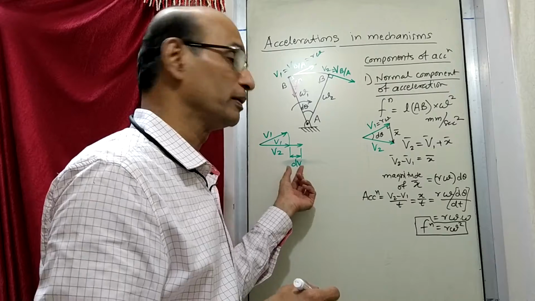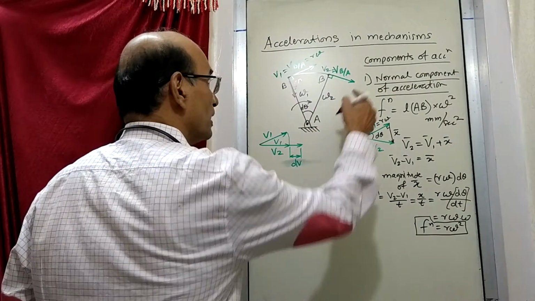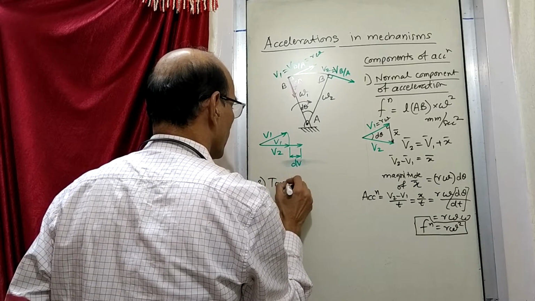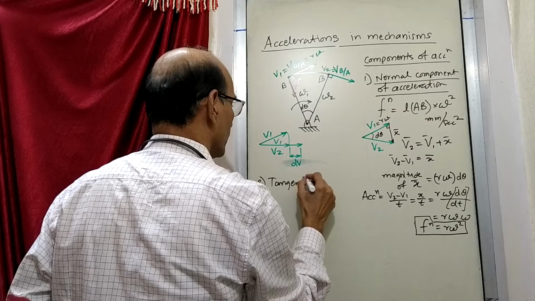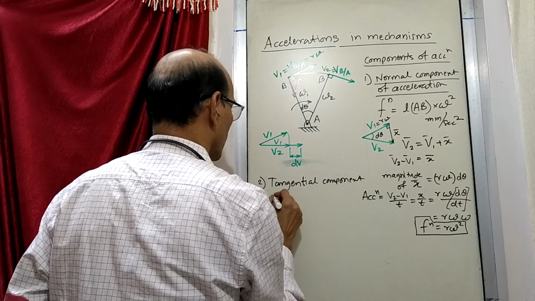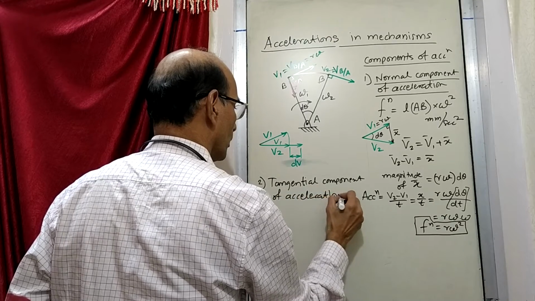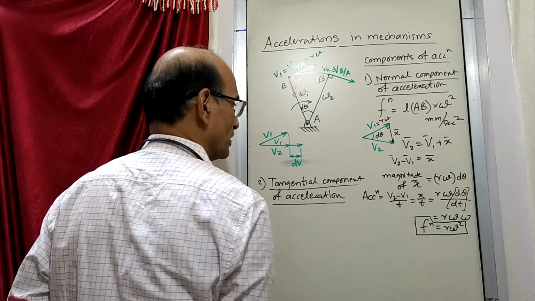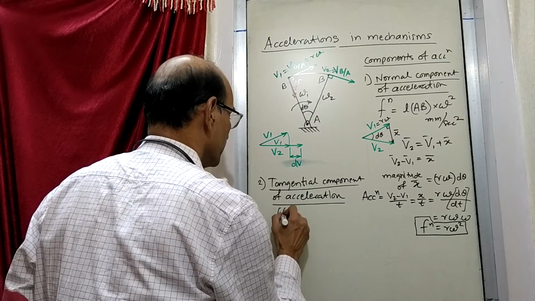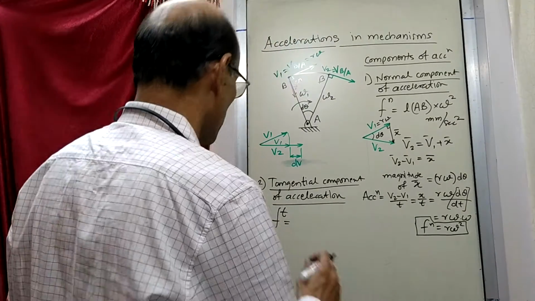Now this has happened in time t. So now what happens? There is another component of acceleration, that is the tangential component of acceleration, which is shown by letter Ft, and this is also there, which is given by